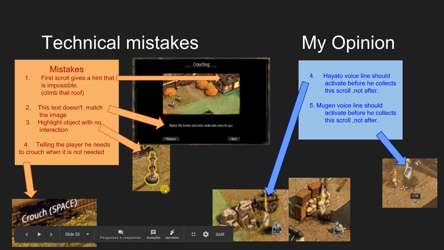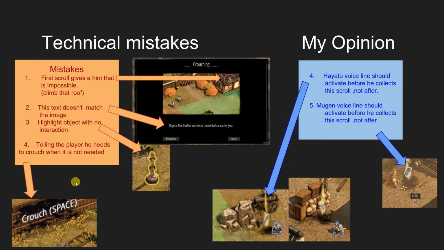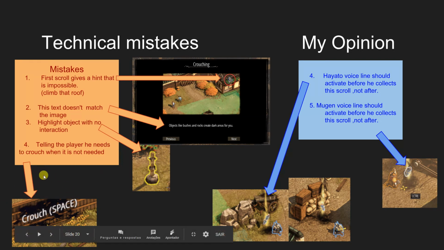I think that's the biggest bug I found, honestly, which is so minimal, to be honest, is that you have the highlight of this object that technically you can interact with, but you can't. And yeah, like I mentioned before, if you really need to crouch some zones, if it's not a skill gate, my opinion is that in terms of the scrolls,